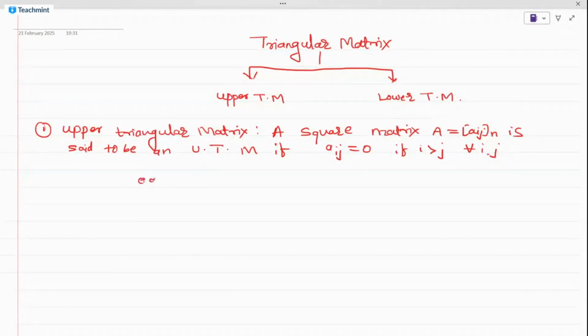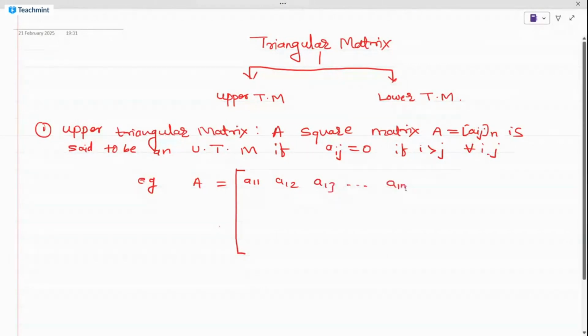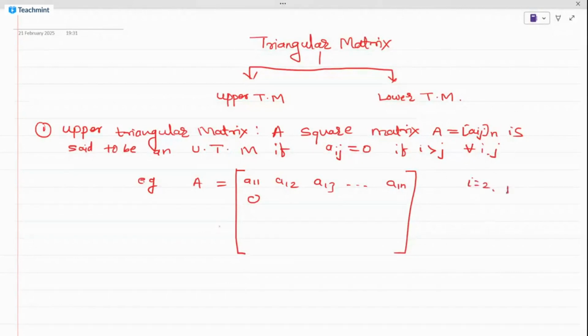This implies that if you take the square matrix of order n, the entries of this matrix are A11, A12, A13, and so on, A1n. It is the first row of the matrix. Then here A21 is 0, because here i is equal to 2, j is equal to 1, obviously i is greater than j. Therefore, the A21 element is 0. Again, A22 as it is, no change. A23 is kept as it is, and so on, A2n. Again, in the third row, A31 is 0, A32 is 0, A33 kept as it is, no change, and so on